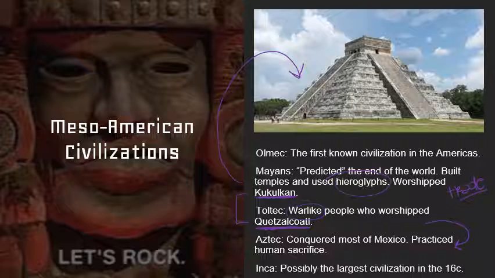Finally, I want to talk a little bit about the Inca. Now, the Aztec and the Inca are both going to exist when European contact happens, all right? So these guys are both here chilling, and both of them are going to be toppled by Spanish explorers, but the Inca were possibly the largest civilization in the world in the 16th century. That's obviously going to change pretty quickly, but there were empires everywhere. The Roman Empire, the Ottoman Empire, and the Inca were probably, to our knowledge, the biggest. Like I said, that's going to change pretty quickly, though, with European contact.